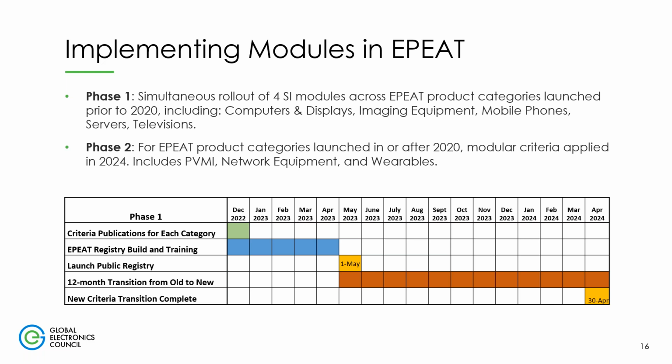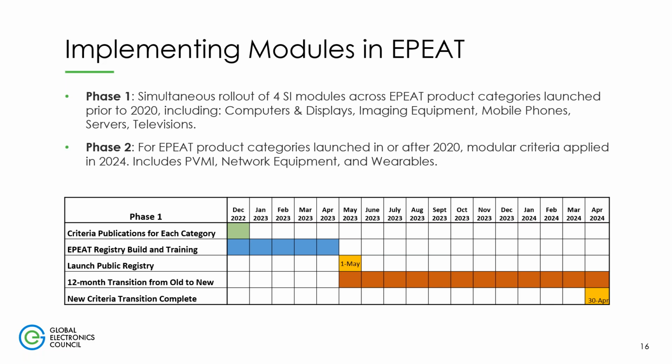The graphic just provides the calendar for phase 1. So as shown on the previous category development timeline, all criteria will be published by December 2022. EPEAT will then spend the first several months of 2023 completing the registry build out and developing training materials, although they can start those processes earlier as criteria are finalized. The public registry would launch in May 2023,